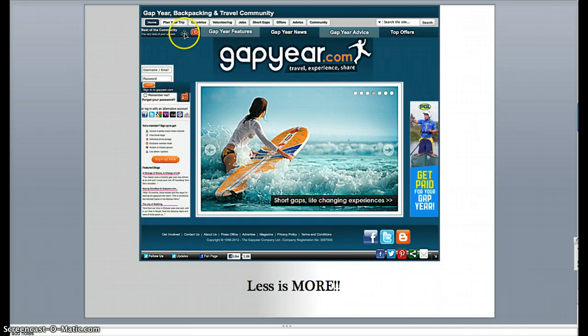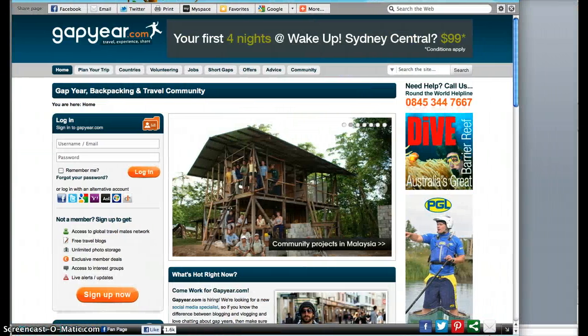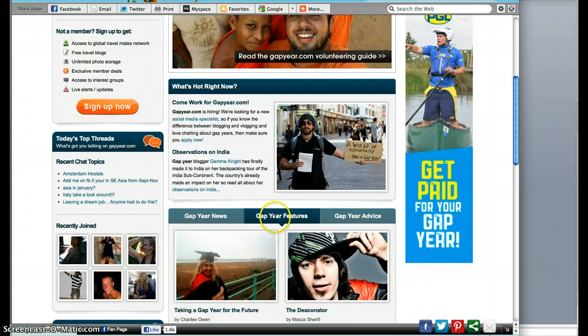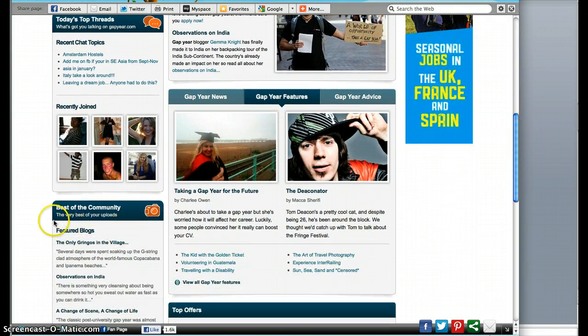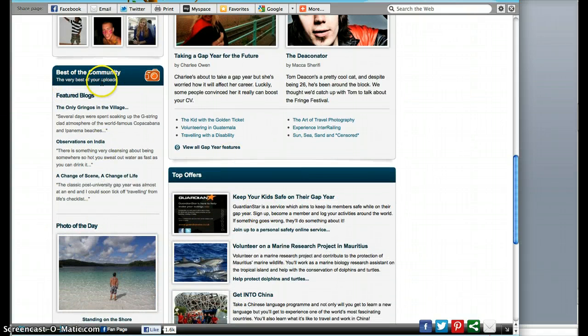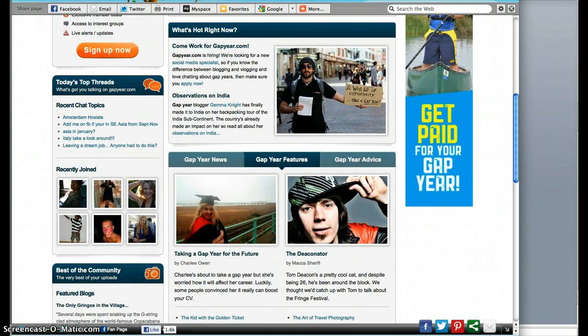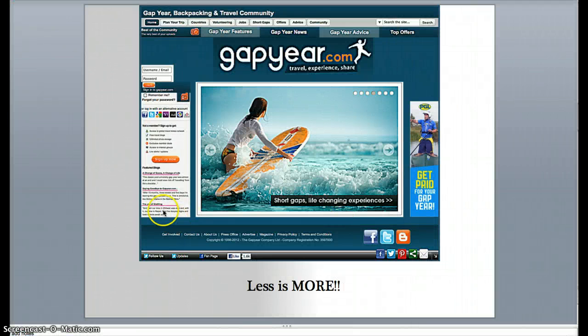Now, this is it right here. As you can see right here, the best of the community, gap year features, gap year news, gap year advice, and top offers have been placed right up under your navigation bar. Now, if you were to look at your website, you can see that these are here: gap year news, gap year features, gap year advice, best of the community. And so by making these titles links, then the new web page will feature this content, right here. And also I placed a blog roll, which is right here on your front page,